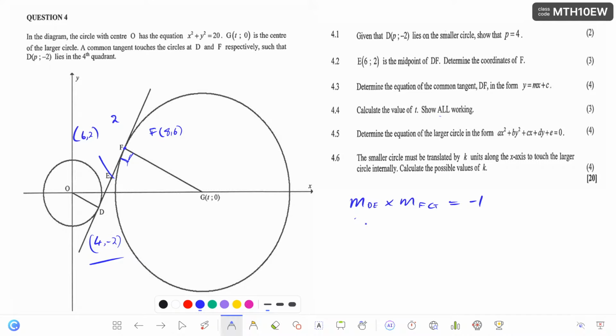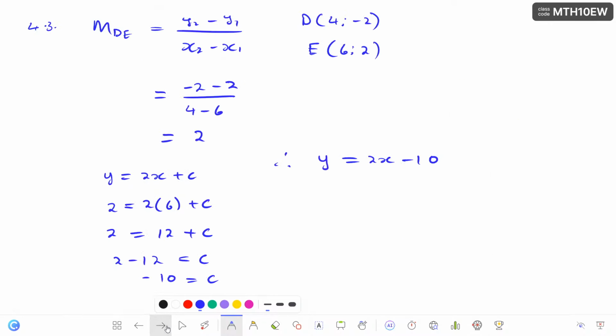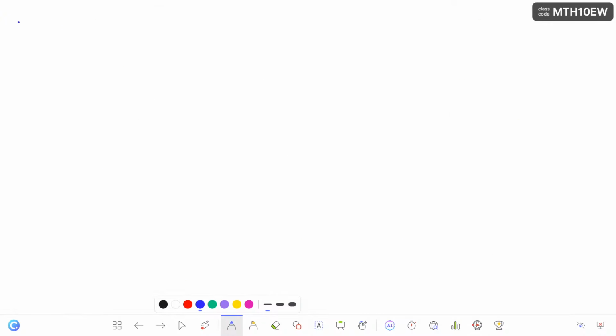So this one we know is 2 times MFG is equal to negative 1. So we need to divide here by 2. So we know the gradient of FG is equal to negative 1 over 2. So we also have a gradient of negative 1 over 2. So to find this point, we are going to use another technique, which is going to be this